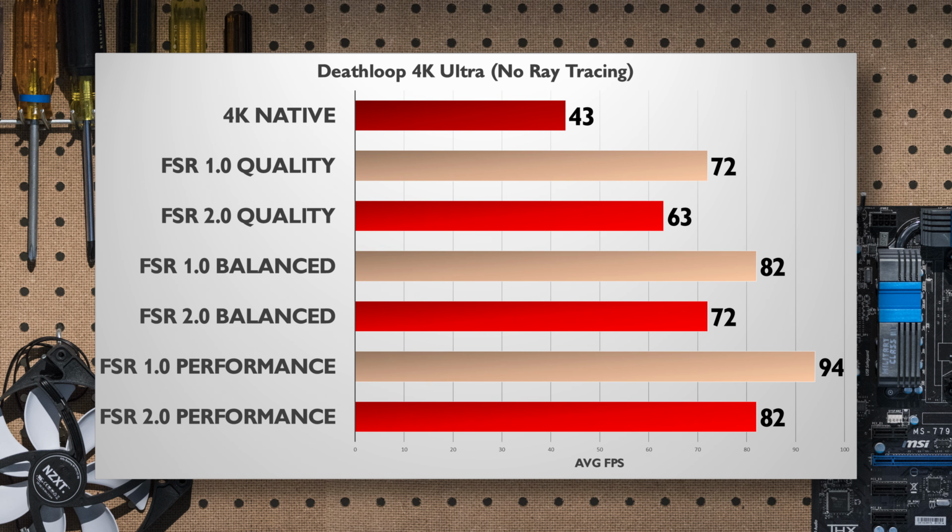Obviously, native gives us the worst performance of the bunch at only 43 FPS. Basically, every setting, whether it's FSR 1.0 or 2.0, will allow us to break that 60 FPS mark, which is great. But remember how I said FSR 2.0 is more intensive than FSR 1.0? Well, the 10 FPS difference from FSR 1.0 to 2.0 in quality mode is pretty stout. It is still a drastic improvement over native though, and not to mention the fact that FSR 2.0 looks so much better, I'd say the performance differential is more than worth it.